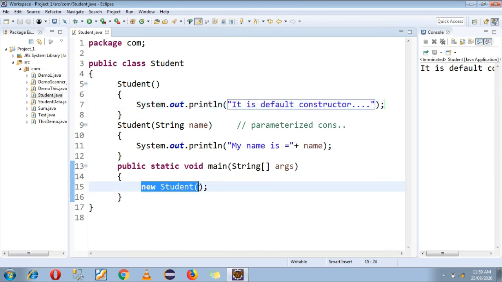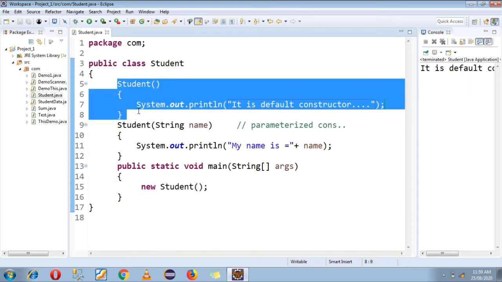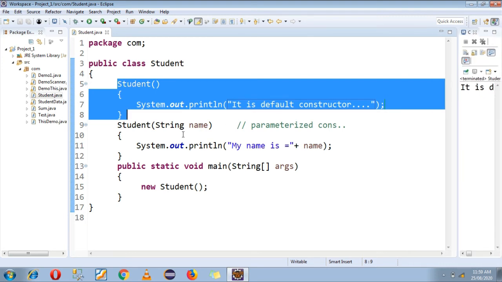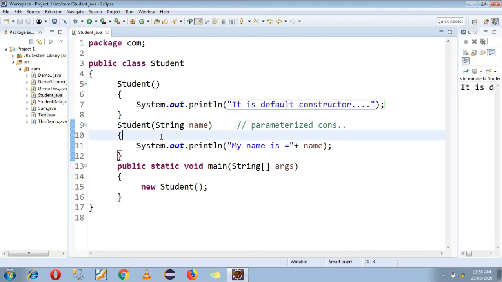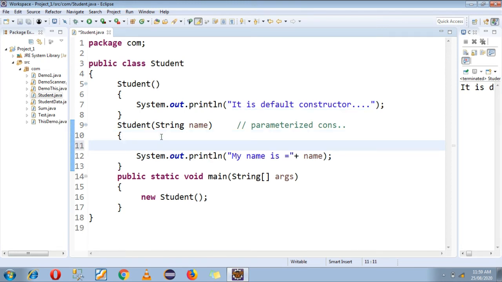But I want to execute these two constructors one by one. So at that time what I have to do is use the this keyword in my parameterized constructor, or you can use the this keyword in the default constructor, vice versa you can do. I can use the this keyword in the default constructor because you are calling the default constructor in the main function, right?